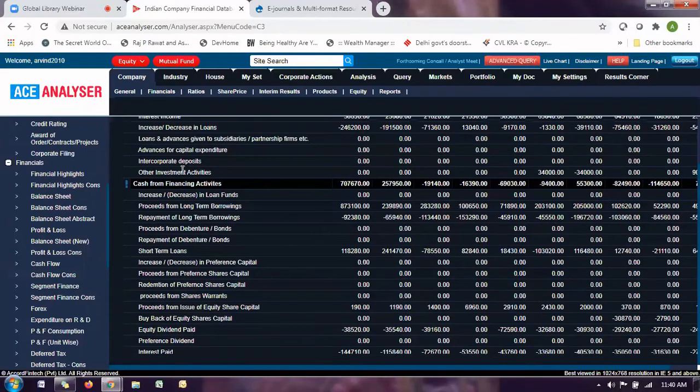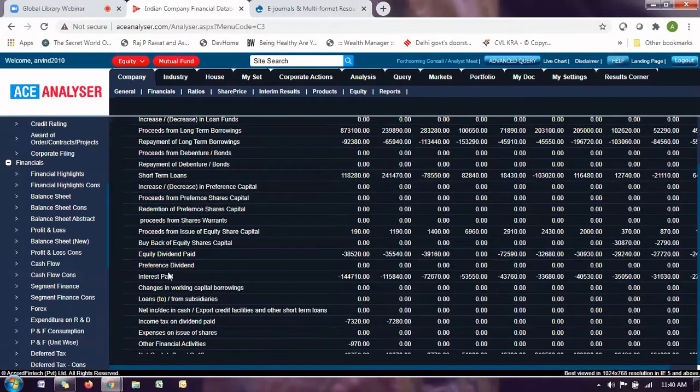Earlier the dividend amount was disclosed in the profit and loss account, but now the companies are not disclosing that. So to know the equity dividend paid, you can get it here. This figure will be disclosed with a minus sign because it's from the cash flow statement, so you can multiply by -1 to get the proper figure in terms of the total amount of dividend paid.